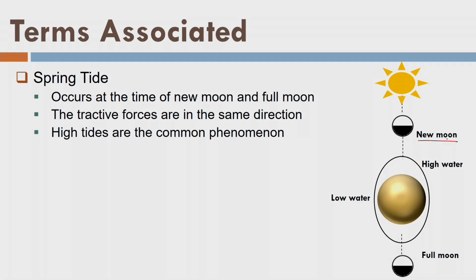This position is called new moon, when the sun and moon are aligned in one line and they are basically above the meridian of this point, and here we can see the high tides. Similarly, as we know, there will be a high tide here also, and there will be the lowest tide here also. Fine. Okay, and this phenomenon is called the spring tide.